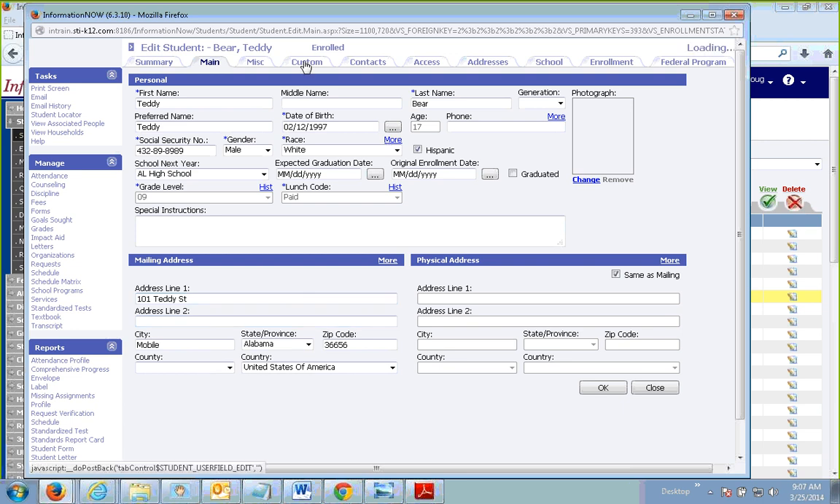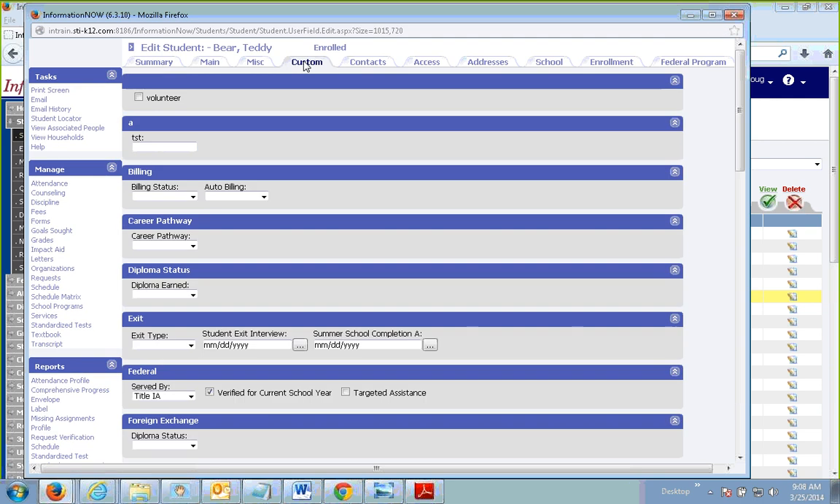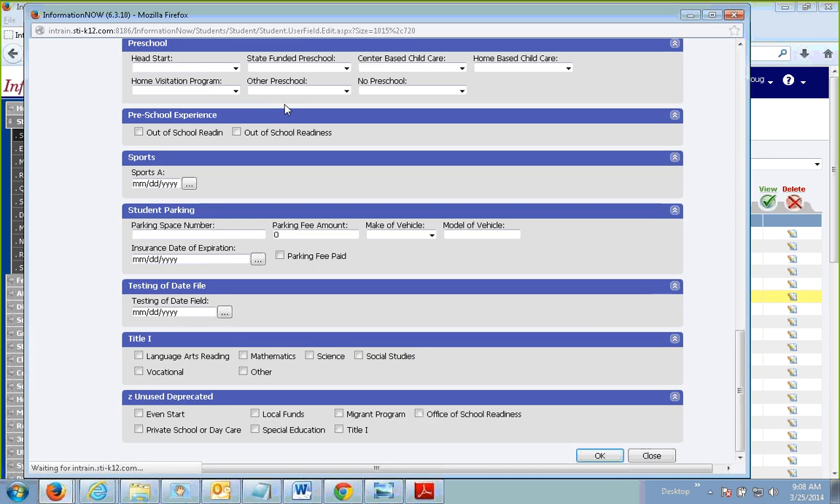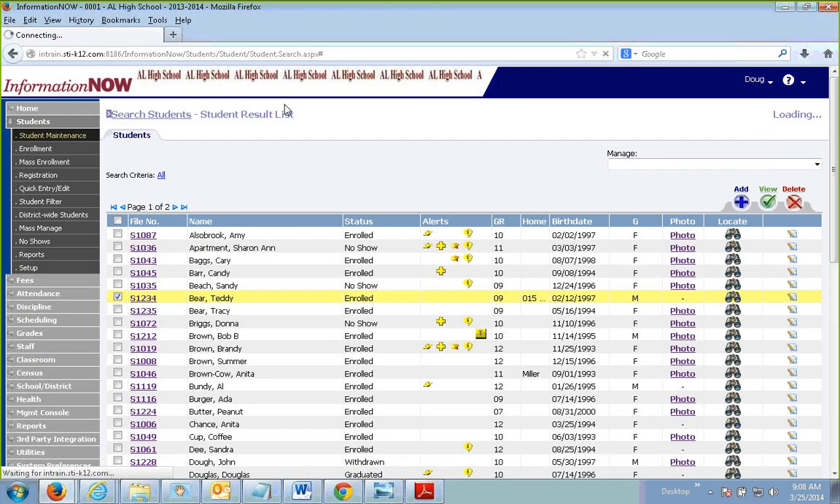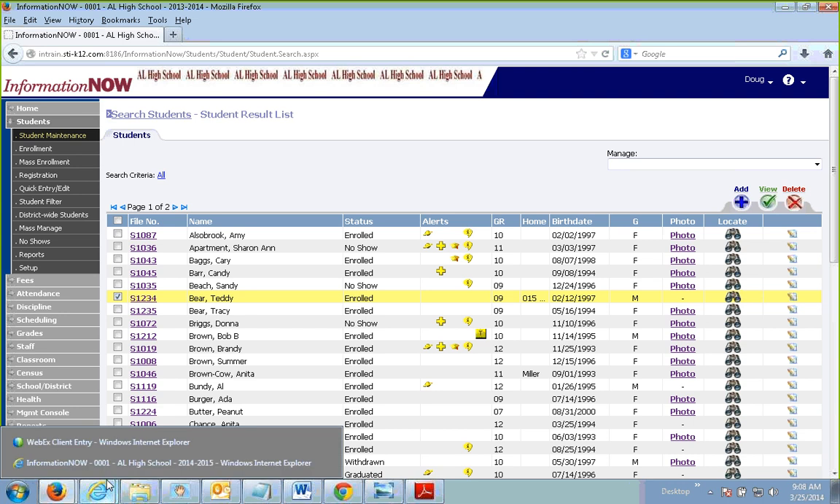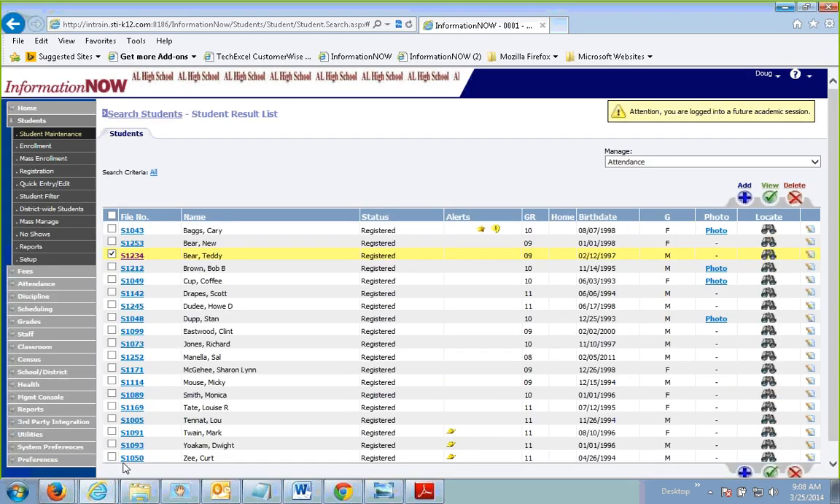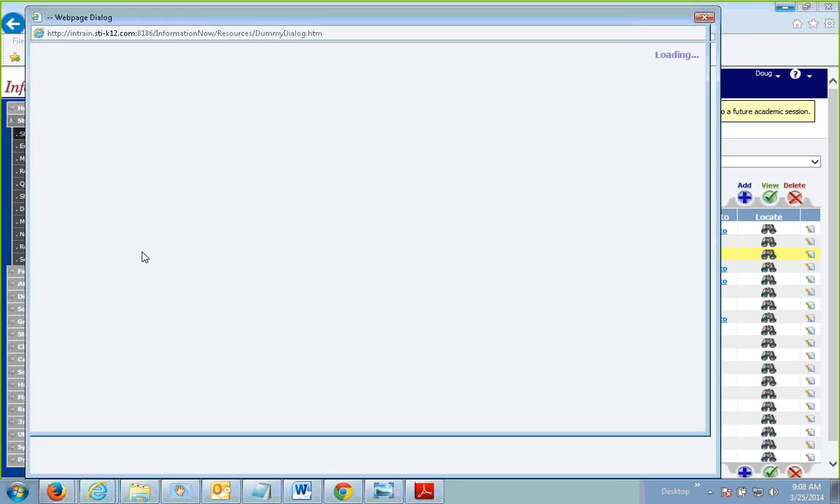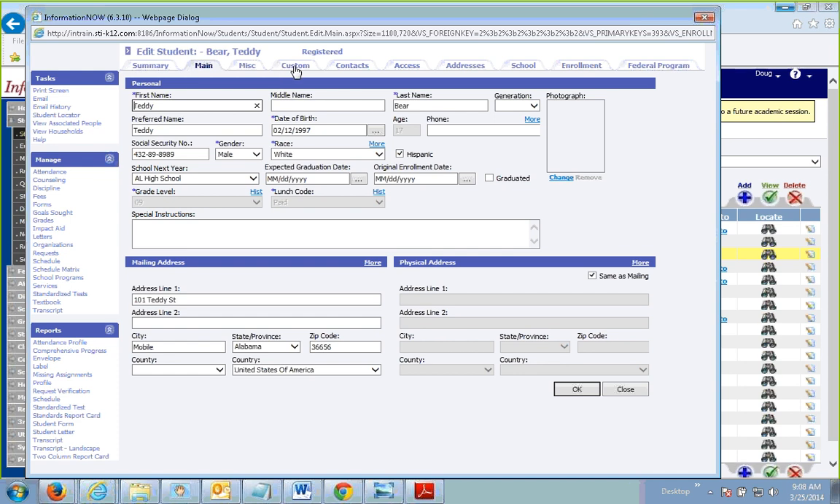So I go to the Custom tab, check the volunteer field for Teddy Bear, press the Enter key, that saves it. Now I should see that check in the future academic session. So I'm going to go to the future academic session, open up Teddy Bear's record, go to the Custom tab,